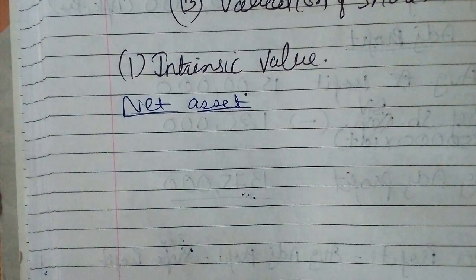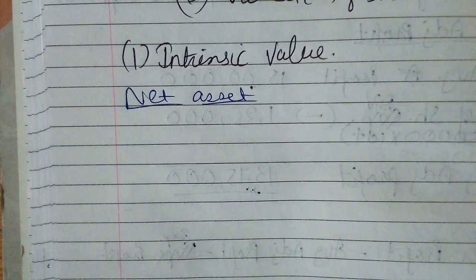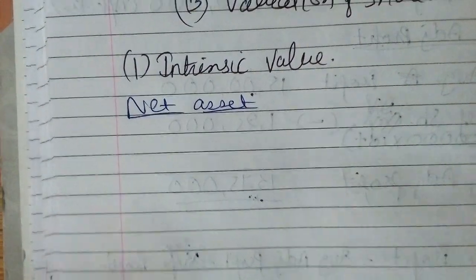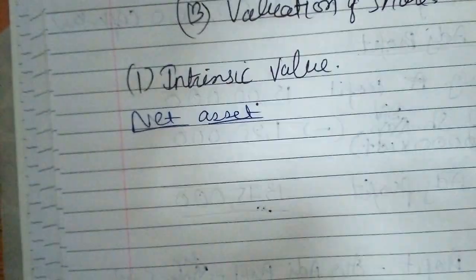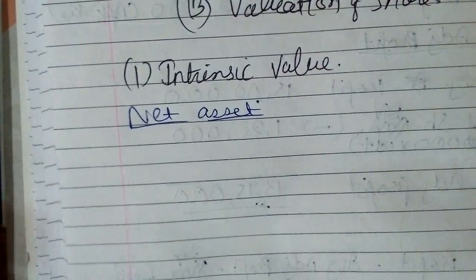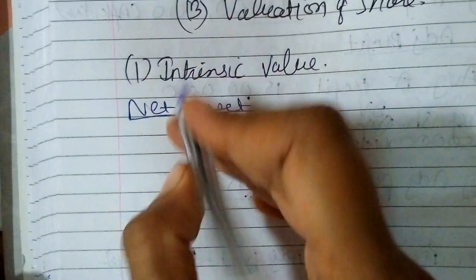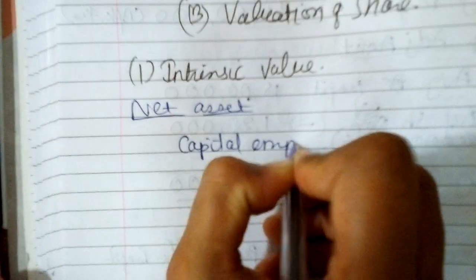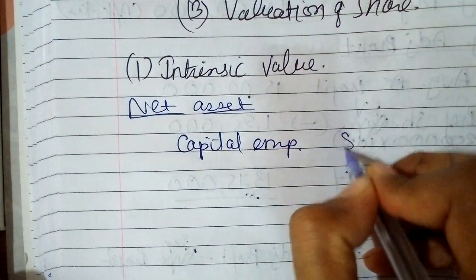So the formula of net asset will be total assets minus total liabilities minus preference share capital, right? So here we can have the shortcut method. We have total assets minus total liability minus preference share capital directly with us in the form of capital employed, which was